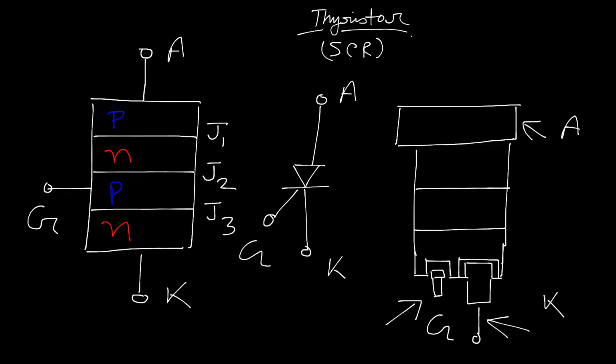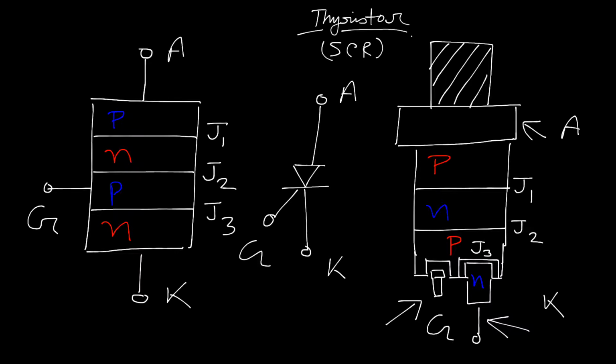As well as the 3 layers we can identify easily: P, N, P, and this is the last N. And the 3 junctions in a similar way: J1, J2, and J3. The total mechanism can be tightened by an additional nut, actually called the threaded stud, which is mounted over the anode.